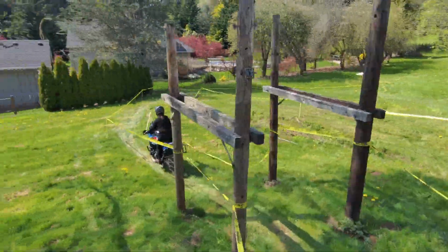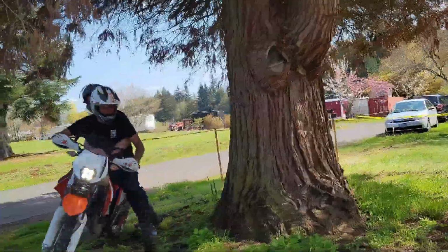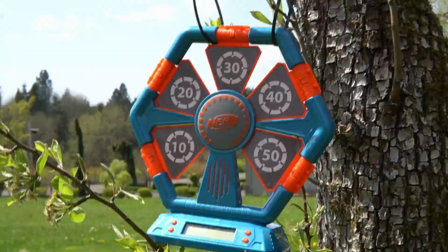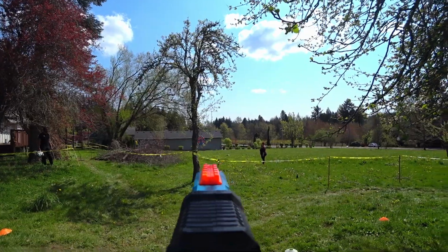It was amazing to get together with friends who have a similar sense of goofy fun and are willing to say yes to all of the crazy ideas we had for the celebration. From the challenge of riding a GS Trophy style course, which by the way is by no means as challenging as a real GS Trophy course, to the silly mounted Nerf gun target challenge, which I didn't realize how easy these darts were to lose in the grassy field,